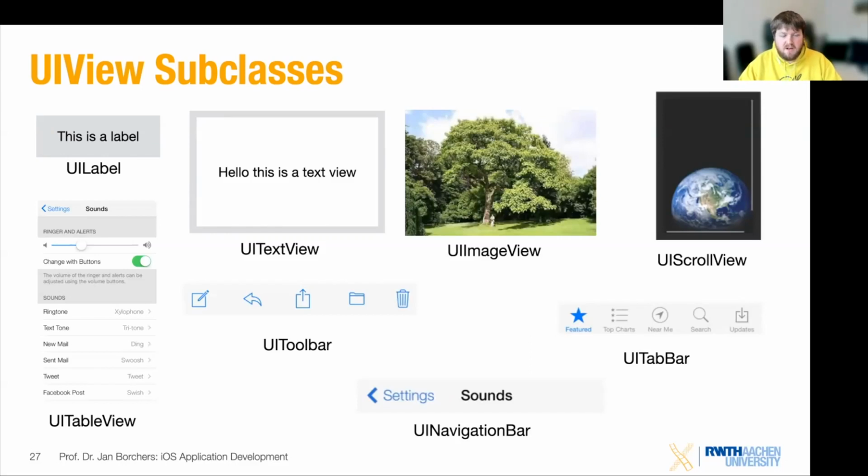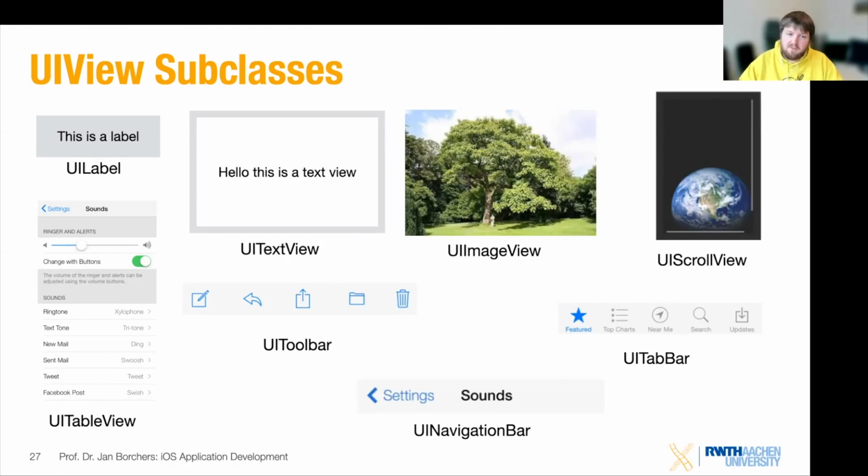UITableView enables you to display a lot of content in a table, and already controls the display so that you don't have to draw all these different cells yourself, but gives you easy access to those visualizations, and also makes it simple to create different sections that are visually split and correspond to the view that you are used to on an iPhone, that is consistent across all the apps on the platform.